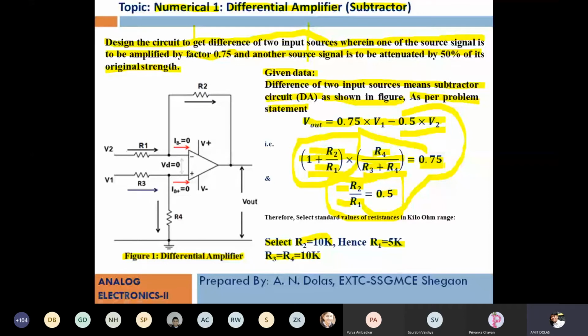Second, you should not choose very low values like 100 ohm, 200 ohm, 500 ohm or a few ohms, because if we choose such values, your calculation may be accurate looking at the mathematics, but looking at the circuitry, it will affect the input impedances and output impedances of the circuit. Ideally the input impedance must be very, very high, and if you choose a low value of say R1, R2 and R3, then the input impedance will drop to the equivalent of whatever value you are taking.